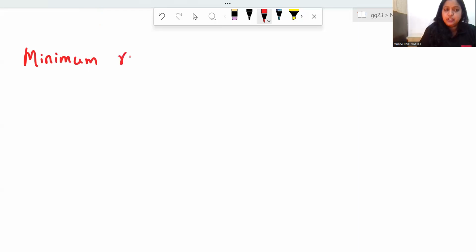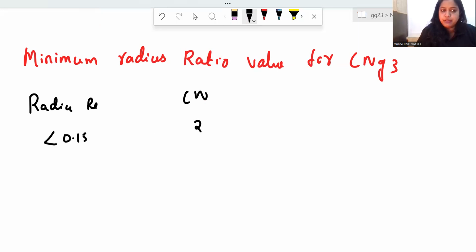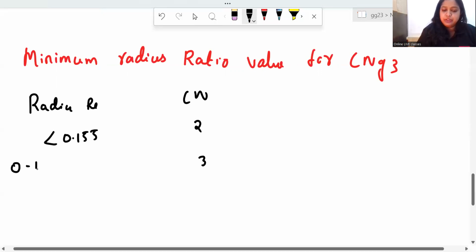Minimum radius ratio value for coordination number of 3. This was the question. So we know there is a simple table of radius ratio and coordination number. If coordination number is 2, the radius ratio will be less than 0.155. If the coordination number is 3, then the radius ratio will be in a range of